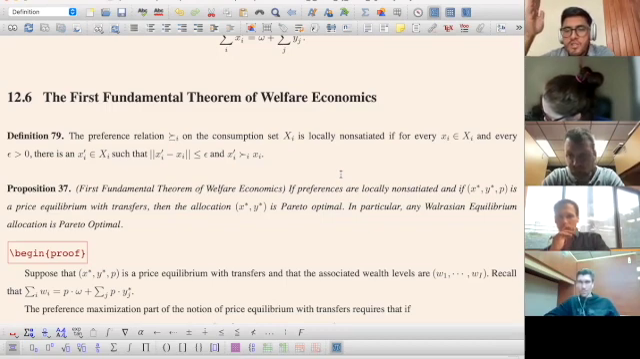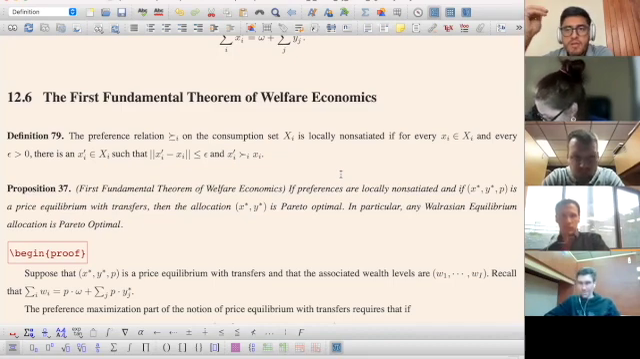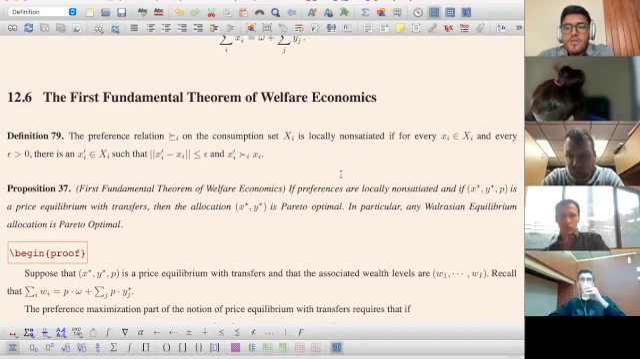So if preferences are locally non-satiated, and if the triple (x*, y*, p) is a price equilibrium with transfers, the definition we just stated moments ago, then the allocation (x*, y*) is Pareto optimal. In particular, any Walrasian equilibrium allocation is Pareto optimal. Any private ownership economy is Pareto optimal. So in other words, we're saying that if you have locally non-satiated preferences, then any price equilibrium with transfers is